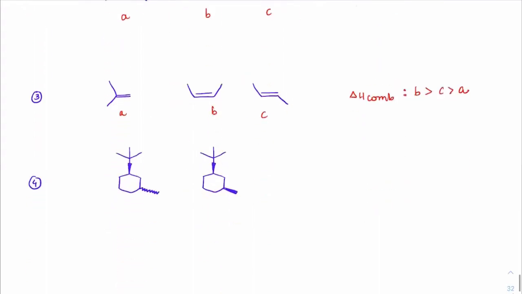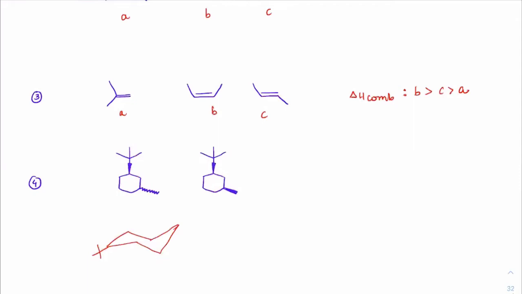Next one. If you check out the combustion here, this is about tert-butyl in cyclohexane cases. We know that tert-butyl will exist in chair form, and it will exist in the equatorial position. Here equatorial-equatorial will become trans, and equatorial-axial will become cis. So there is a cis form here, clear? While in this case, this is a trans form. The positions are 1 comma 3.